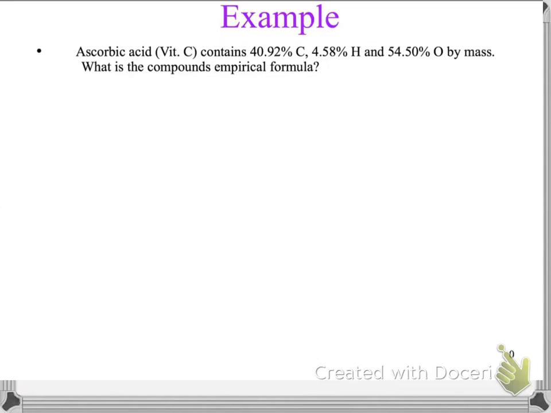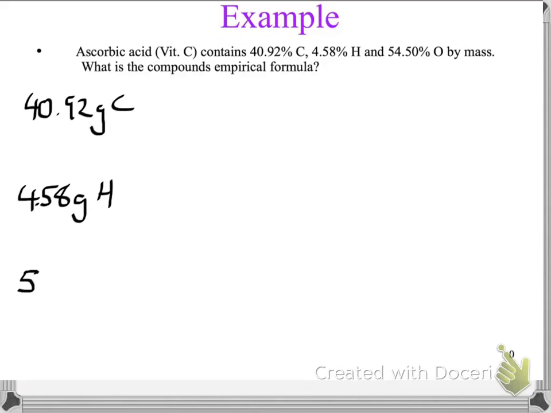So 40.92% of 100 grams is 40.92 grams of carbon, and 4.58% hydrogen would equate to 4.58 grams of hydrogen, and 54.50% oxygen would be 54.50 grams